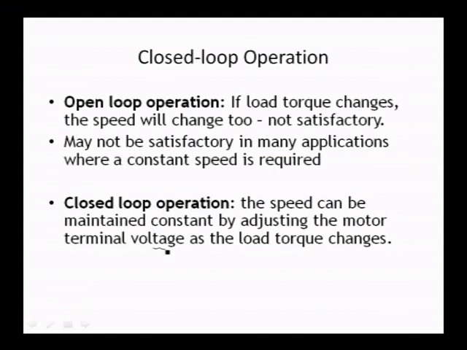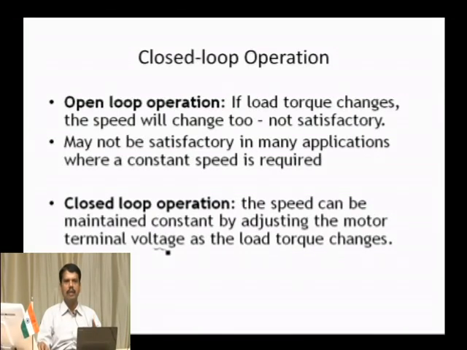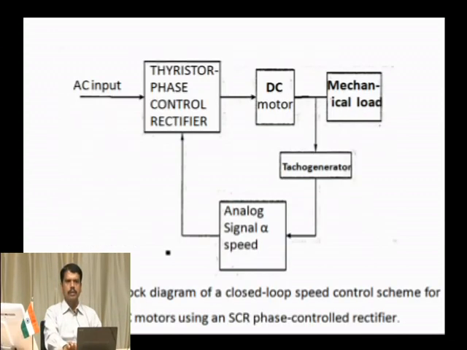Closed loop operation requires that the speed be measured. So, the speed should be converted into an electrical quantity. Again, the set speed has to be compared with it. Using that error, we should alter the voltage of the DC motor, by whatever methods you adopt. So, let us take up this closed loop scheme.